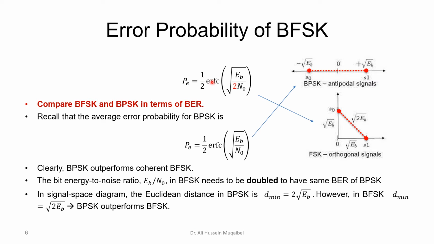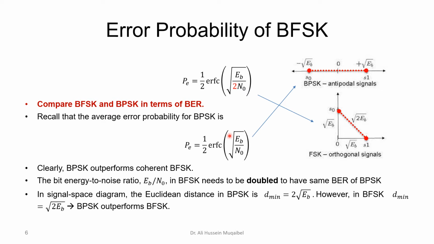Now if you look at the error probability and we compare the binary phase shift keying case with the frequency shift keying case, we have here a reduction in power. If you compare the distance here with the distance here, you'll find that this is much greater, and then there's a factor of 2. So this is the probability of error for the case of frequency shift keying. And if you compare it with binary phase shift keying, then binary phase shift keying would have less